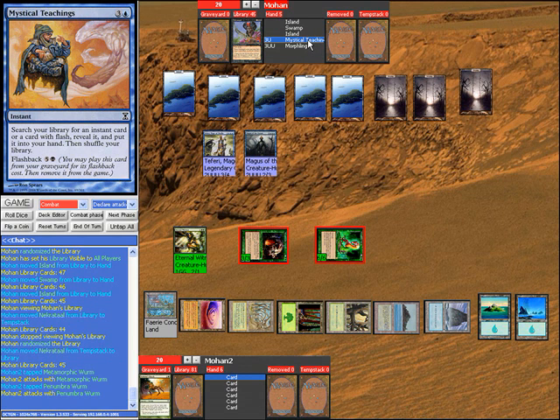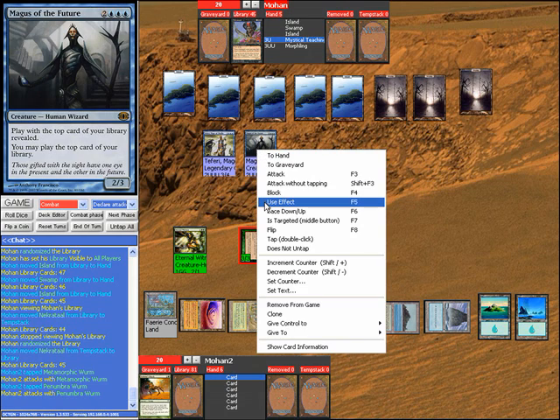However, with Mystical Teachings, it's an instant, 3 colorless and a blue. It's a common from Time Spiral. Search your library for an instant card or a card with flash, reveal it, and put it into your hand, then shuffle your library. So, if I wanted to, what I could do is I could first use the Magus's